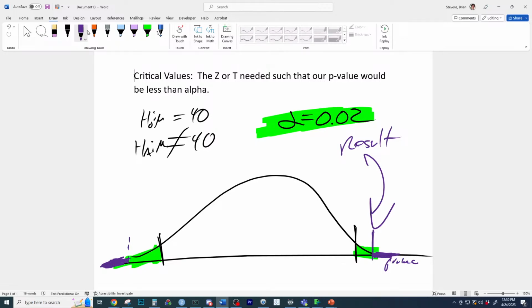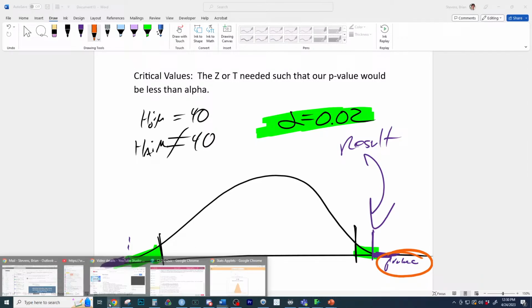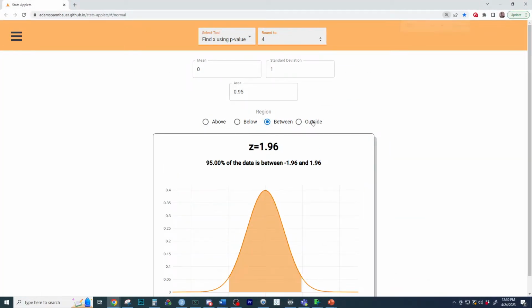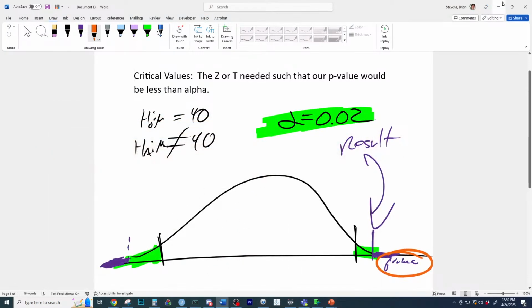But how could you get around this? All you really need to know is the p-value, because then you can just ask, is the p-value less than alpha? But you can also say, I would reject, and the critical value would be out here to the outside. Any z-score outside of this region would have to have a p-value less than alpha. Does that make sense? We have a z-score here of 2.33 basically.